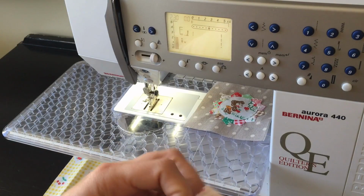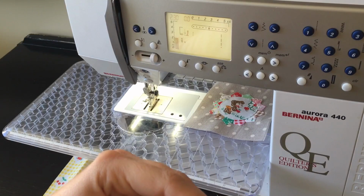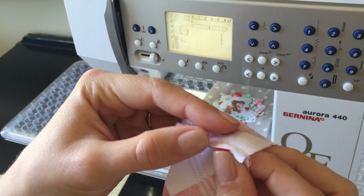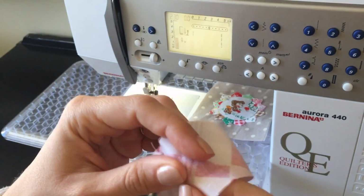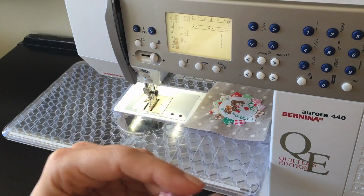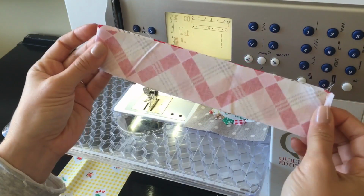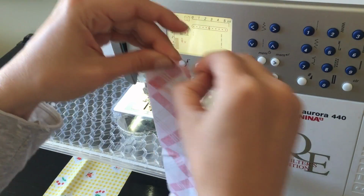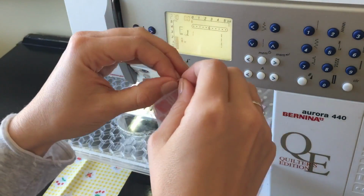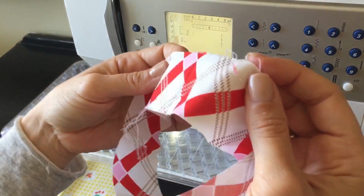Okay, you can press or finger press your seam open right here. It doesn't really matter if you press it open or if you press it to the side. You just want it to lay nice and flat for your project. But you're going to pinch it. So I'm going to move it back so you can see. You're going to pinch it flat over here so that when you open it up, you have a bit of a crease where